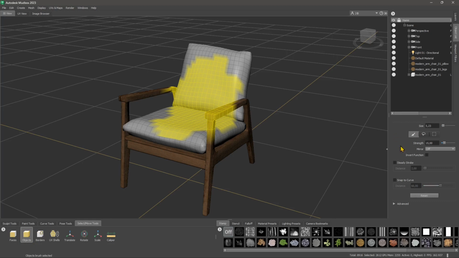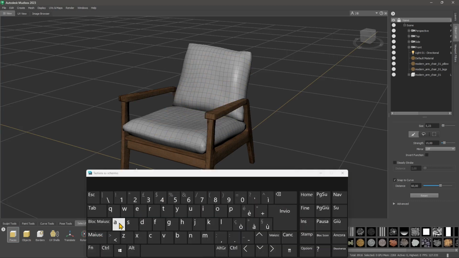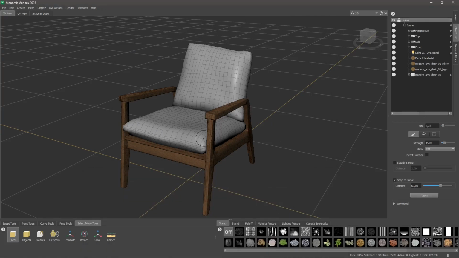So every time we double click, we access different properties which are related to the tool that we are using at the moment. So right now I'm using selection, so those parameters, those options there in the properties, refer to these tools. So just hold Control to deselect, hold Shift to add to the selection. These are the two keys, the Shift key to add to the selection, Control key to deselect when you are